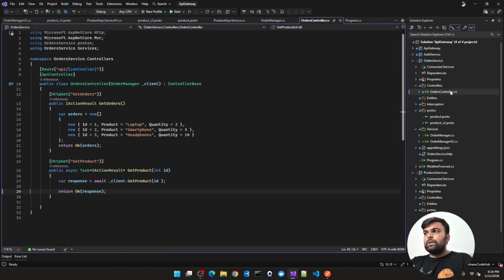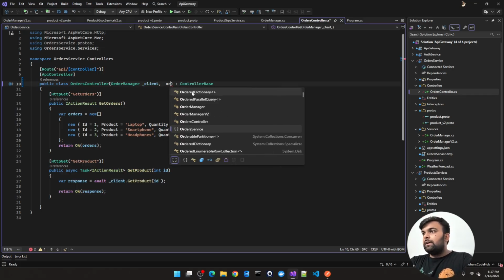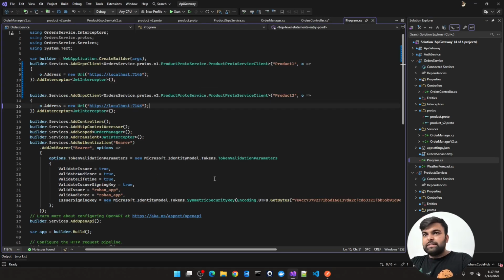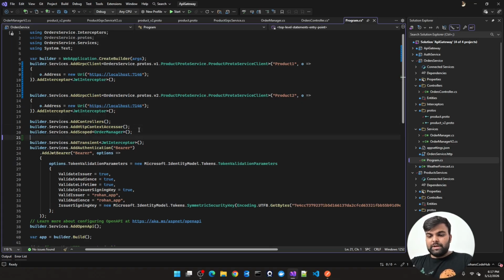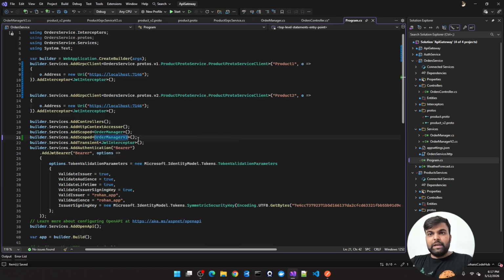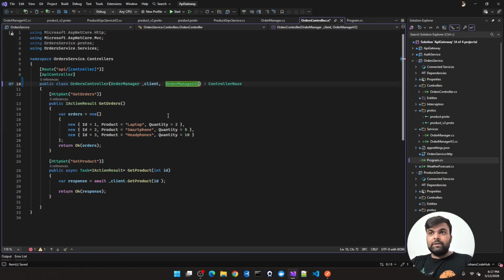Okay, let's go to the orders controller, and of course I will call the order manager v2 service. Before we initialize it, we have to register our order manager v2 service as well, so let's make it a client v2.